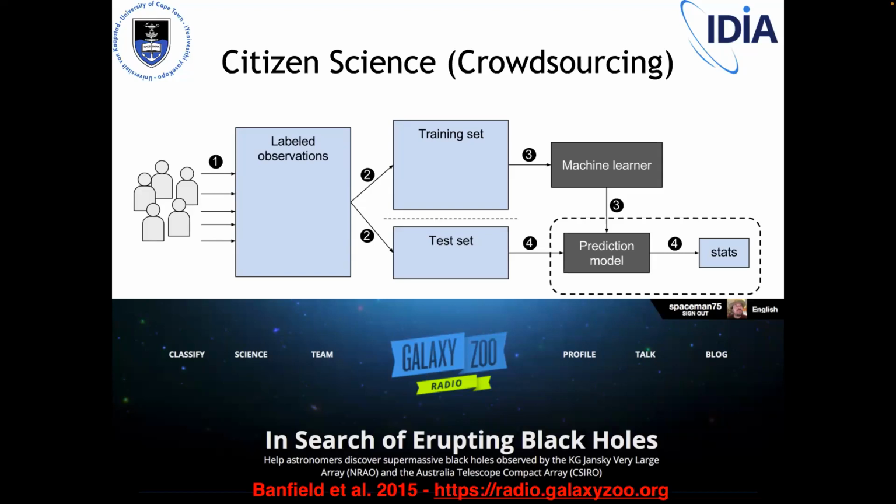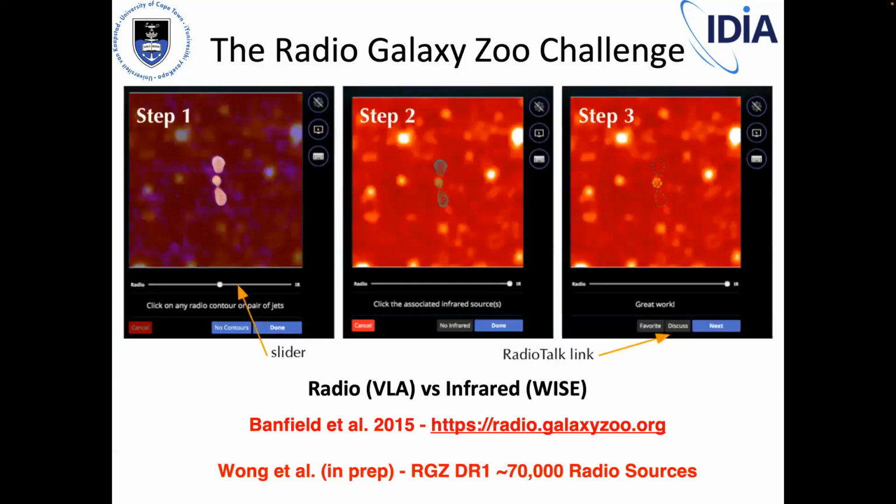So the idea was to get lots of people to label the observations, to create a training set that you can then use to train and to test a machine learning algorithm. And the way it worked, I don't think it is available anymore. I think the project has been retired, as it were, but there are plenty of similar projects. One called the LOFAR Galaxy Zoo, and I think there will soon be one for MeerKAT and for ASKAP,